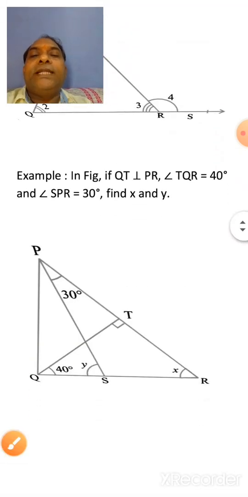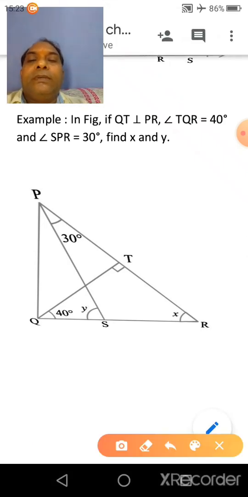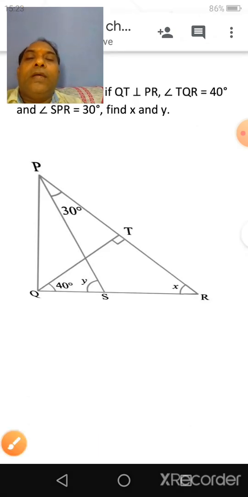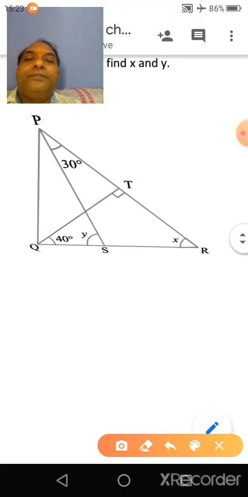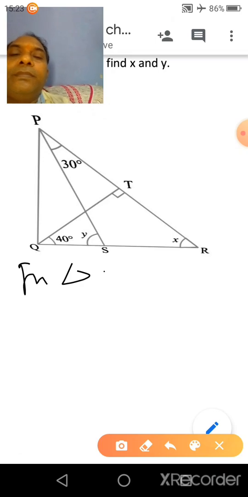Now see the example. In the given figure, we have to find x and y. TQR is 40 degree given, SPR 30 degree given, and QT is perpendicular to PR. It is given. So we have to find x and y. Now, in triangle QTR,